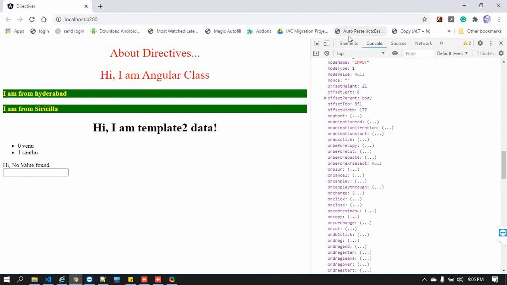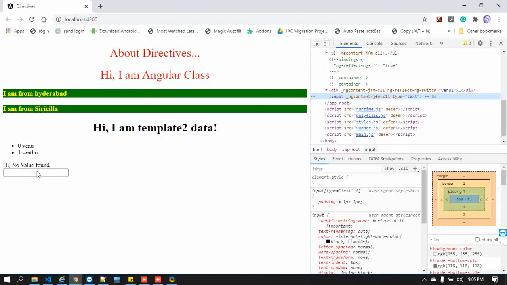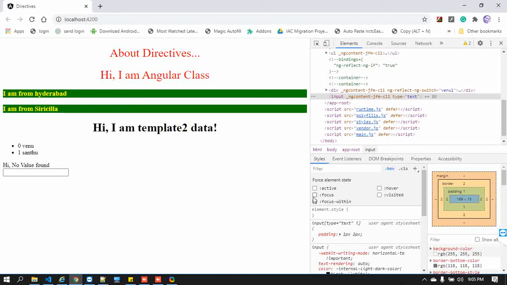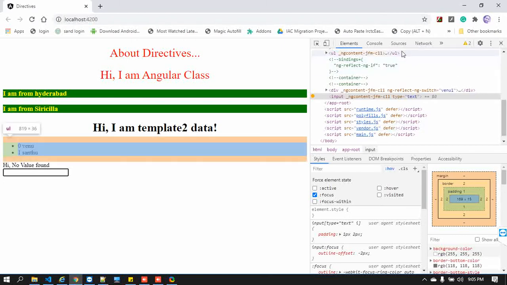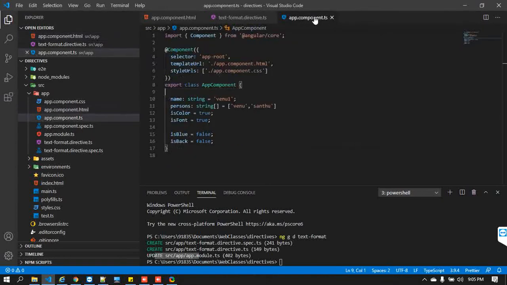For example, I'm going back, coming here, and just going to highlight this guy. If you look here, we have the focus. When I click that, you are in that element, so that is why it becomes focused. When I come away from that, you came out of it, that means it is unfocused. So you have a separate event, that is the focus event. If you come out, there is another event called the blur event. Now we'll see that thing. Coming back here, if you look here.